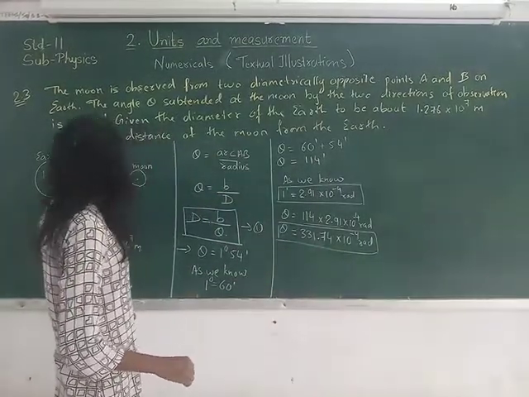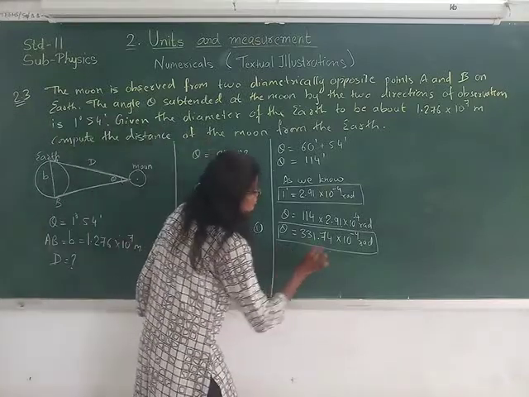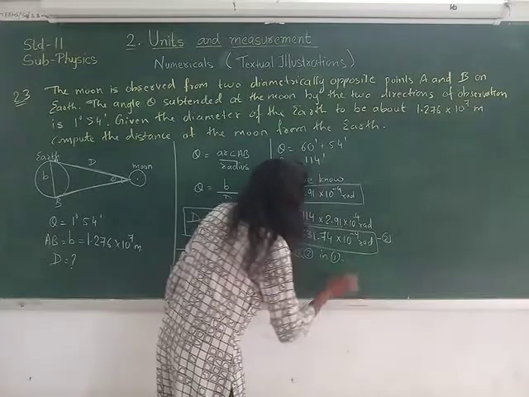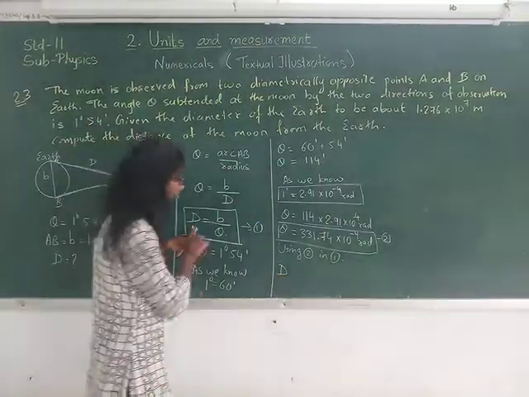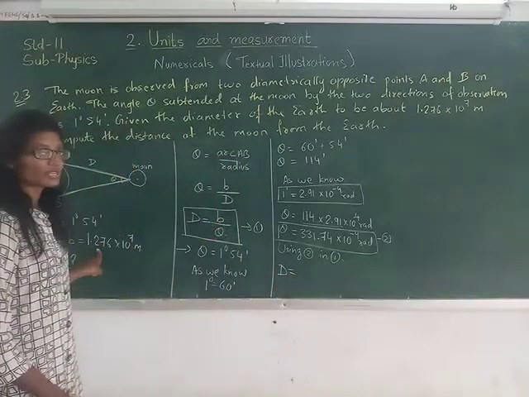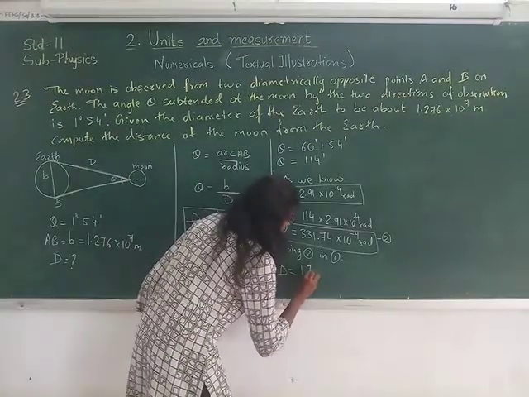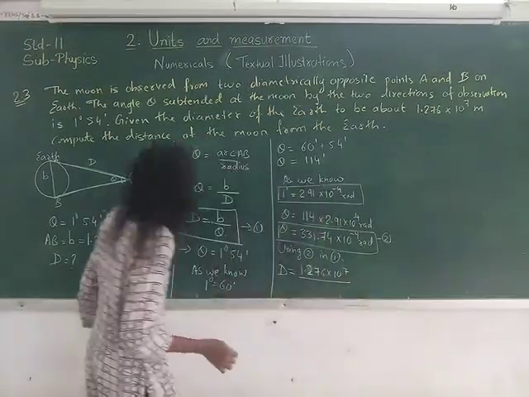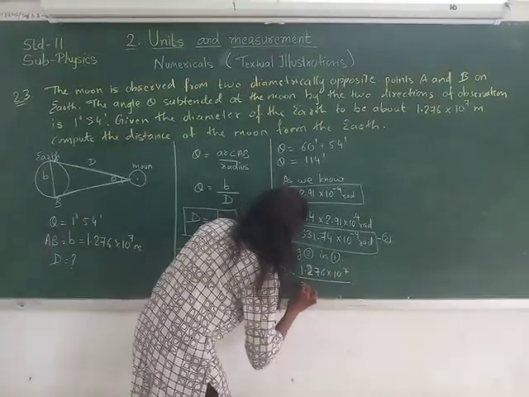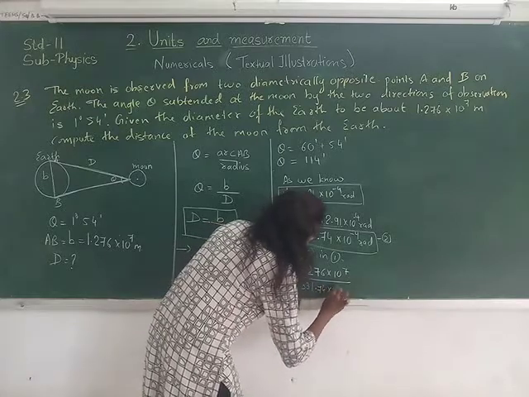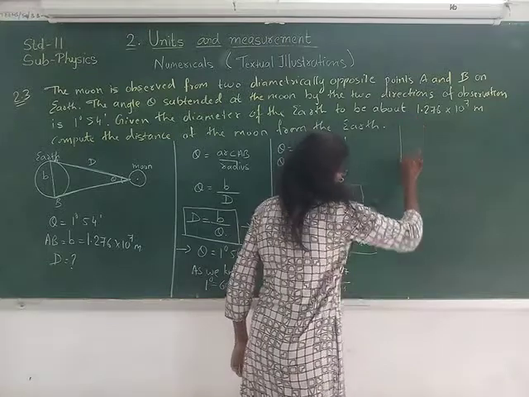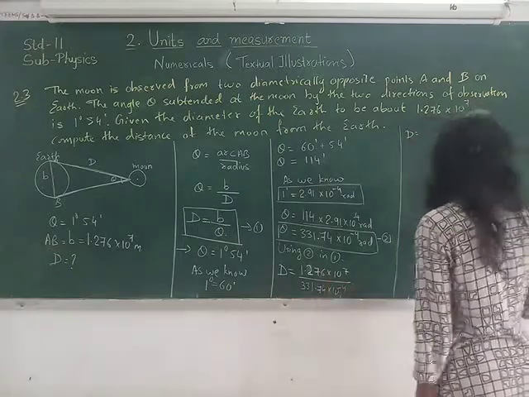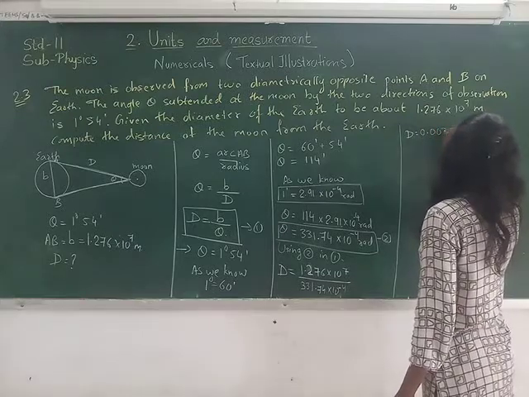We are having the value of b over here, and now we need to find D. Using 2 in 1, taking this formula, the value of b is 1.276 into 10 raised to 7 upon the value of theta, that is 331.74 into 10 raised to minus 4. So when dividing this, we get 0.00385.